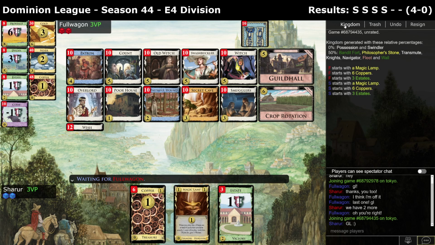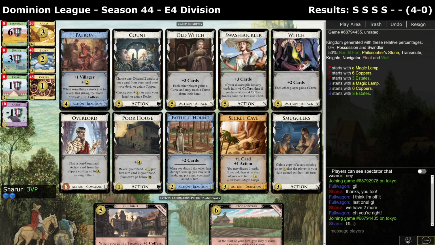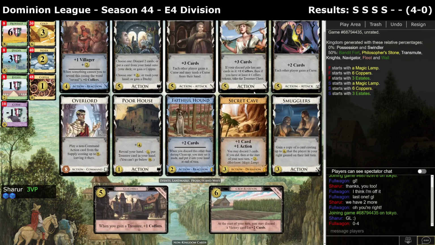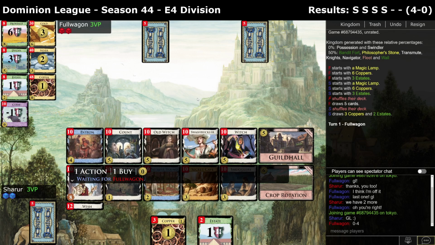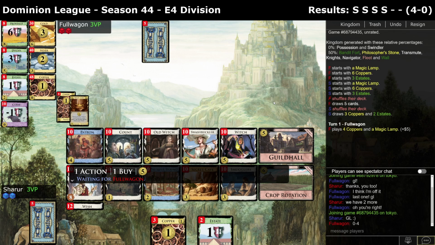Okay, so we got Witch again. This time the trashing is awkward. Old Witch and Old Witch. Oh, I guess... Oh, that is interesting. We've got Count as the trashing, which is going to be hard to do later in the game. There's a temptation here to not get Old Witch because if you're not playing Old Witch, then your opponent isn't trashing. Oh...